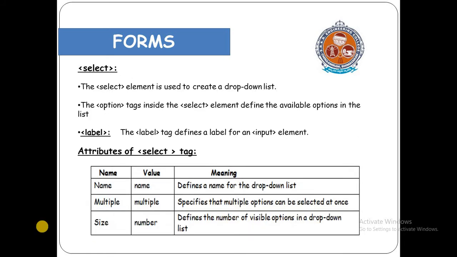One of the next important tags in forms is select. The select element is used to create a drop-down list. If you want to create a drop-down list, like our area is Bhimavaram and we want to give a particular street in Bhimavaram, we can give 10 streets like Chennamayaram, Pedamayaram, Rayalam, and we can select any from the drop-down. Use this select.